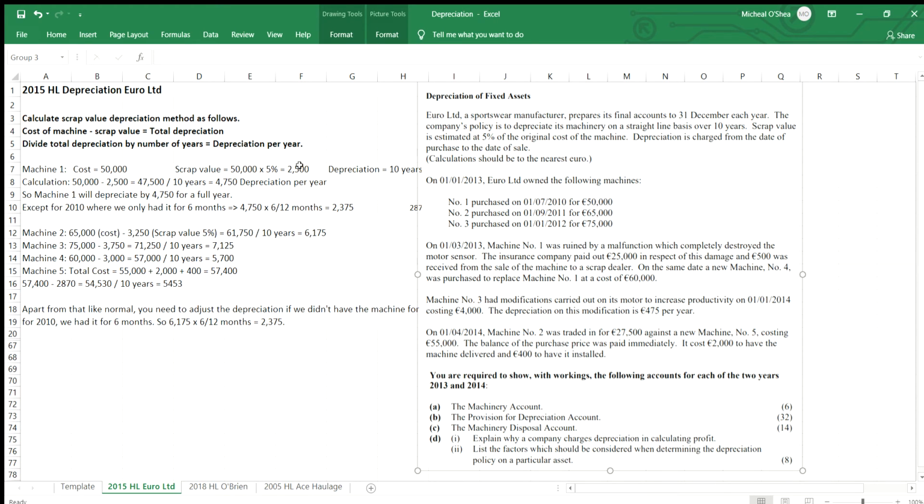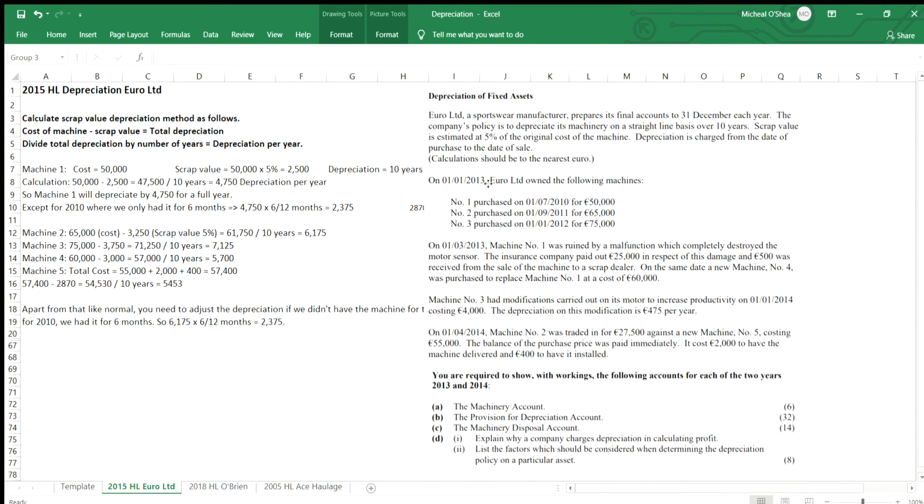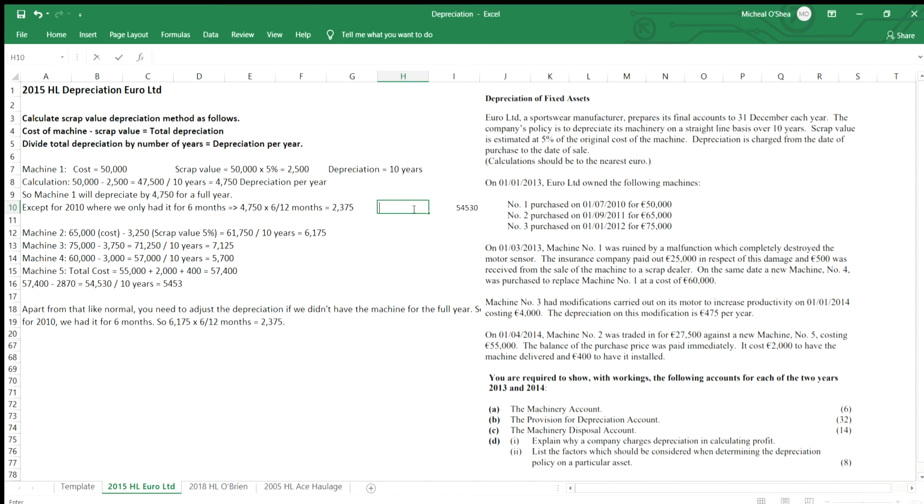To find the scrap value, we get 5% of it, which is 2,500, and we know that we're depreciating it over 10 years. So I'm just going to clear these a second. So we're depreciating over 10 years. So this is our way of figuring it out. The cost of the machine minus the scrap value is total depreciation, divided by the number of years is depreciation per year. So cost of the machine 50 grand minus the scrap value 2,500. So that's giving us total depreciation of 47,500. If I divide that, that's total depreciation over 10 years. So let's divide it by 10 years, and I'm finding my depreciation for 1 year,